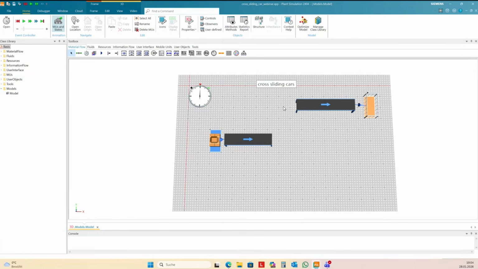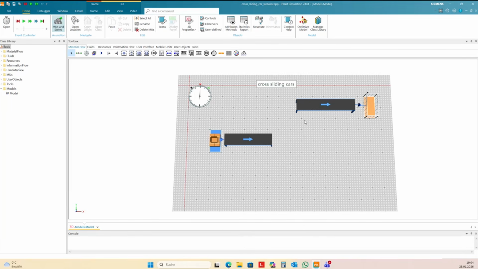Then you lift the part again and then transport it to the next conveyor. A chain conveyor doesn't need to come back. The cross-sliding car needs to move back to realize the next transport.